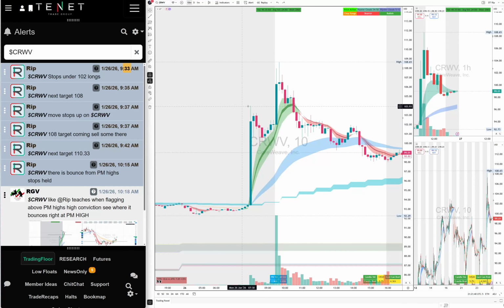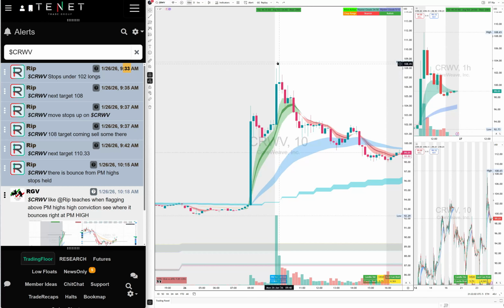It pulled back, held the pre-market highs, bounced back to 106, but then made a lower high. So that's a warning signal that we need to get out. Then finally it broke down here and we got out of the rest. We did take 60% profit on the top, and once it breaks 512 we get out. Sometimes we'll get an all-day runner, but we did not get it this time.